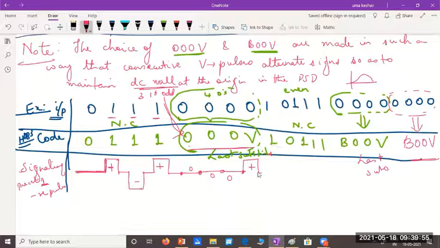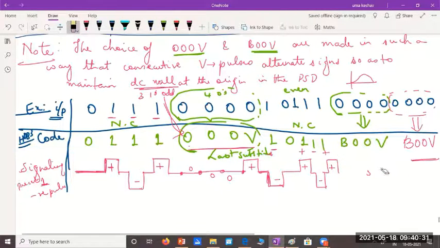Next, I have a 1. That one should surely alternate. Always follow the bipolar rule for regular sequence. So this one will be negative, 0 is 0. This one is positive. The next one will be negative. The next one positive. So always in a bipolar rule, I should alternate between positive and negative. If this is negative, this is positive, again negative, again positive. Next comes another set of 4 zeros, and for that I should again use the what?